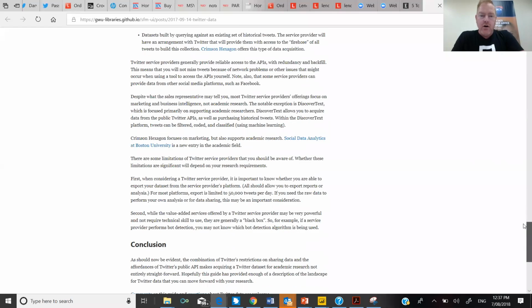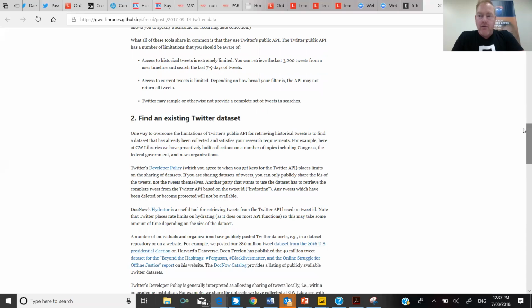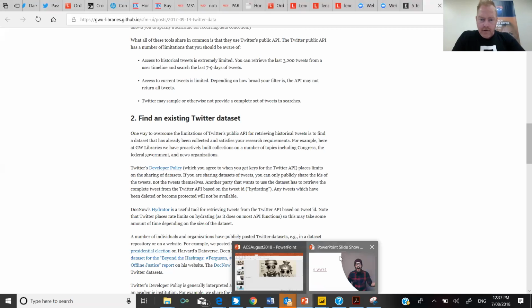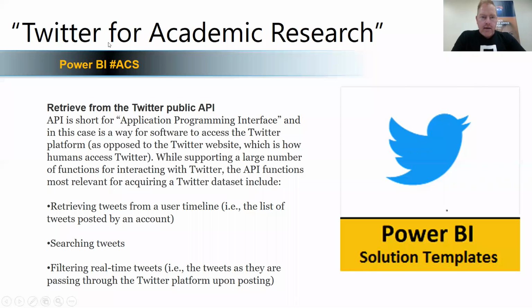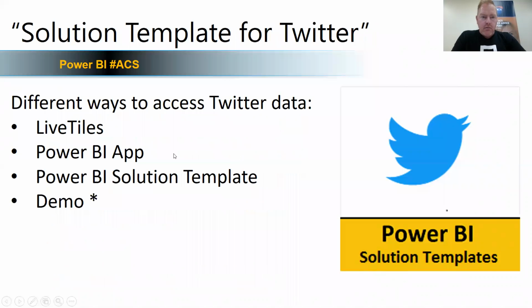So for academic research, you don't have to roll your own code. You may find that what you're looking for, say for research purposes, you might be able to buy that Twitter data from someone. But for monitoring your event and your specific tags for your event, that's really about time and place and something very personal, and that's something you're likely to not find or not be able to buy from someone else. Okay, and we just went through that.